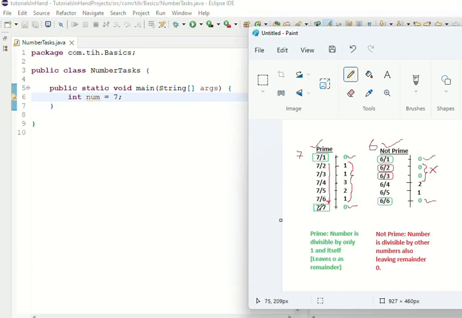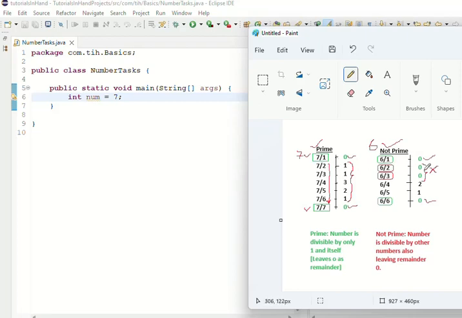because you know that every number is divisible by itself. If you divide any number by itself, it will always be divisible. For example, if you divide n by n, then n will divide n 1 time, right? And we will be left with remainder 0. And at the same time, any number is divisible by 1. So we are not going to consider 1 and the number itself. Rather, we will consider the numbers from 2 till 6 and see whether any of them divides the number completely.